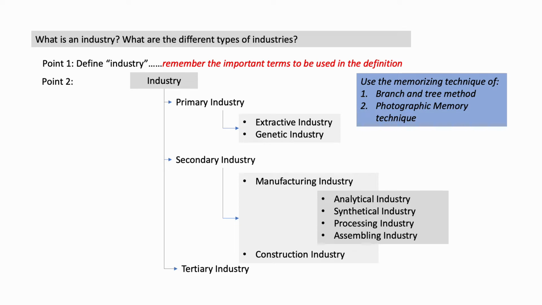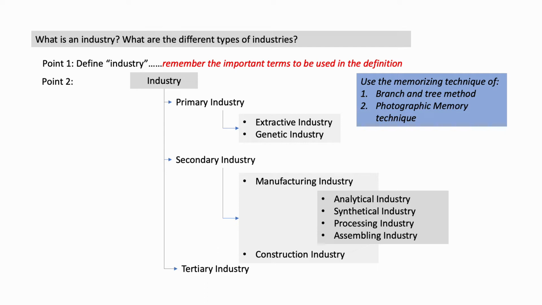And the point number 2 that I wanted to emphasize on was, how do you use a memory technique to construct answers to questions of this type, where you are trying to explain what are the different types of a particular thing. Now obviously the question here is what are the different types of industries. So whenever you